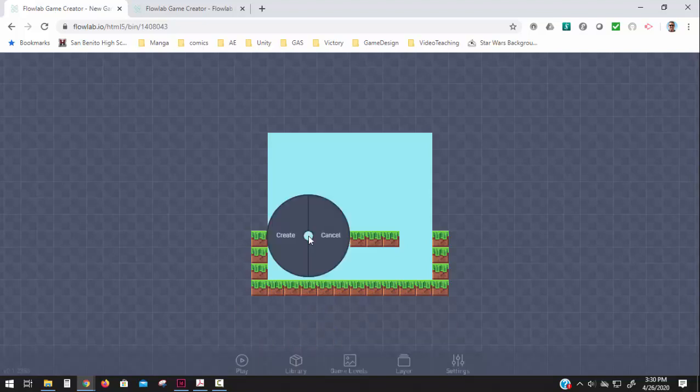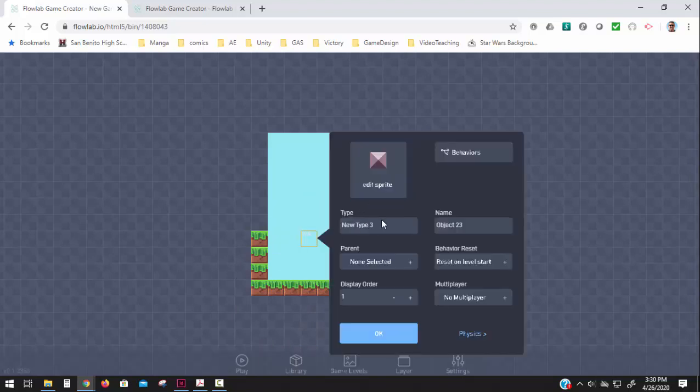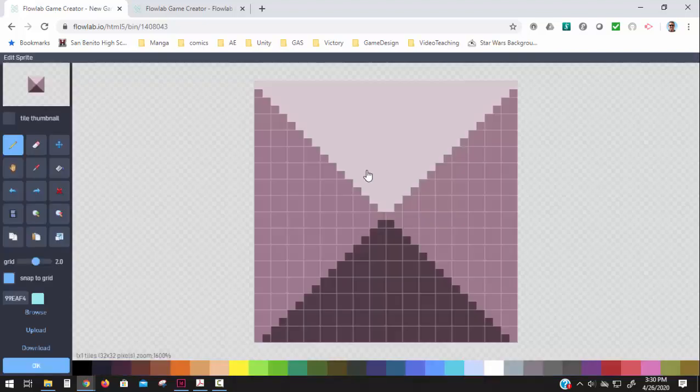So next, I'm going to add a new object. The new object I'm going to make is going to be the player. So click here, and always name your pieces. I think I forgot to do it with the grassy piece. So I'm going to call this player, and I'm going to go edit sprite, and